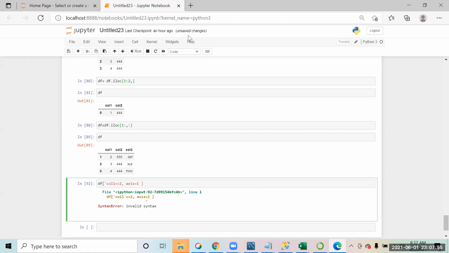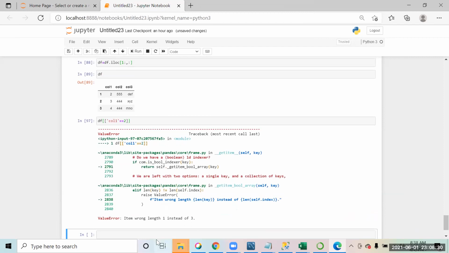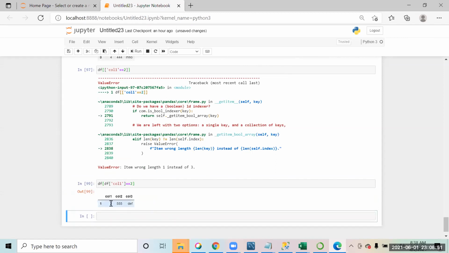So now you get this data over here, and you want to see the data where the column is equal to 2.